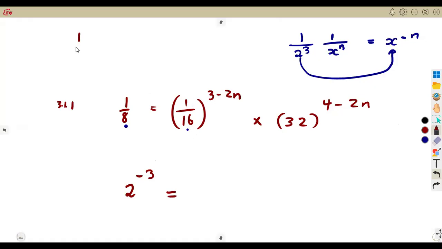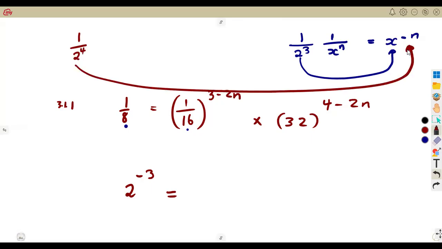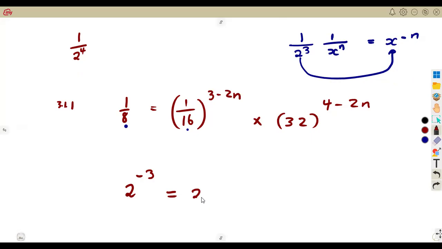1 over 16 is same as 1 over 2 to the exponent of 4. But the moment you take it this way, it will be 2 to the exponent of what? A negative 4. It carries a negative. But already there's an exponent here, 3 minus 2n. So do not forget that, guys. There's already an exponent there. 3 minus 2n